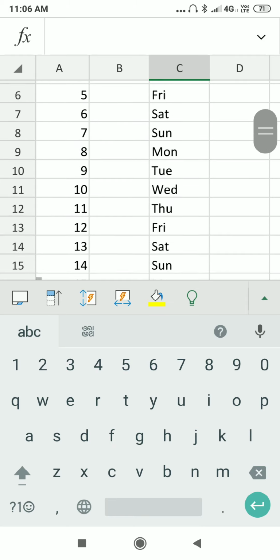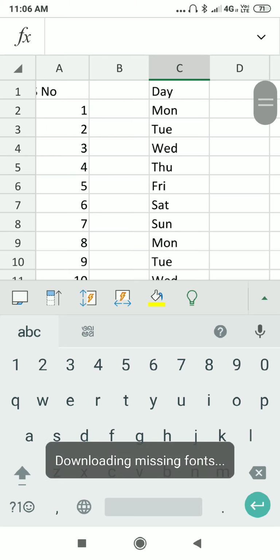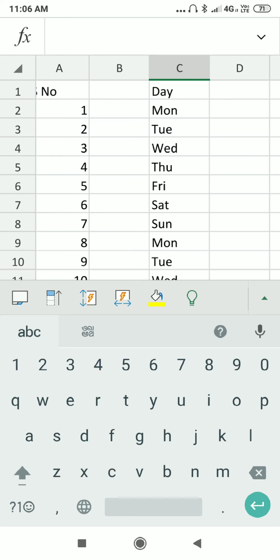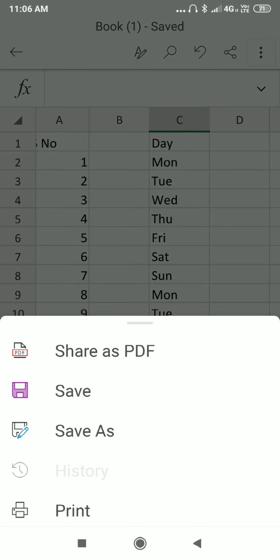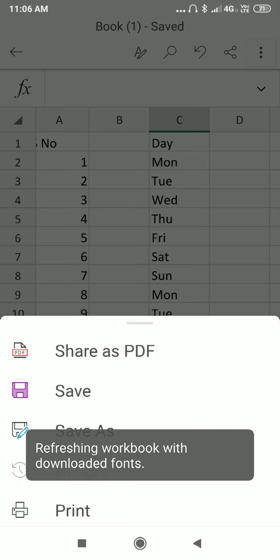Once your work is done, you can save your document. And most of the children, what are they doing? The mistake they are making is they are not saving it properly. So how to save it in a proper manner? Once your work is finished, the next step is to save your file. You have three dots here. Go to this. This is giving you the option Save As. Tap on this Save As option.